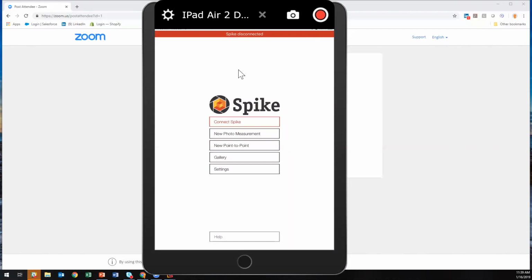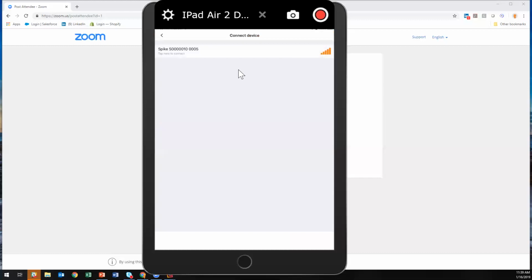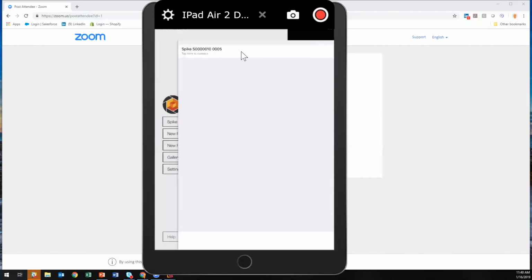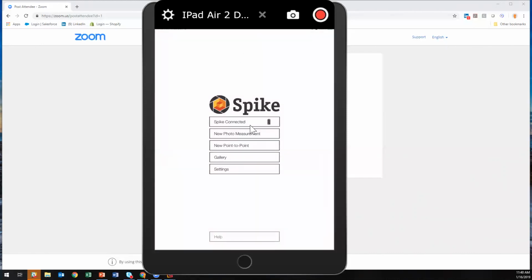It's also what we like to call being sales proof. So I just go ahead and turn on my Spike. It tells me that is the Spike that's available for me to connect. I go ahead and do that, and then it tells me my Spike is connected. Thumbs up, sales guy. And it tells me my battery power, so I know if the battery is draining or it needs to be charged, but that's all available.